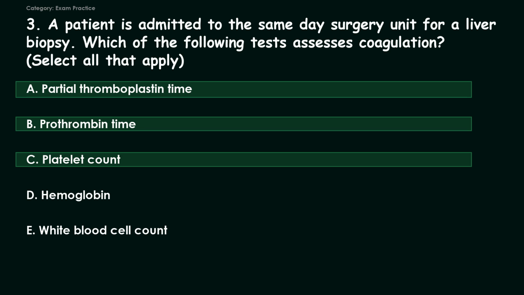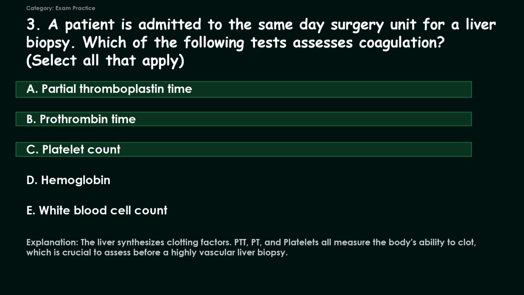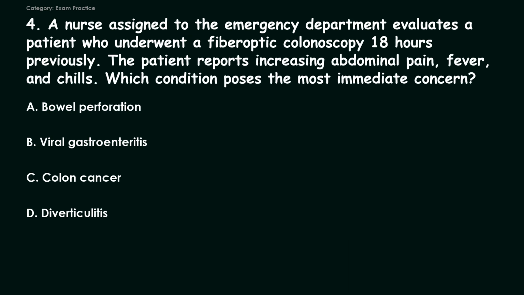Partial thromboplastin time, prothrombin time, platelet count. The liver synthesizes clotting factors. PTT, PT, and platelets all measure the body's ability to clot, which is crucial to assess before a highly vascular liver biopsy. Question 4. A nurse assigned to the emergency department evaluates a patient who underwent a fiber optic colonoscopy